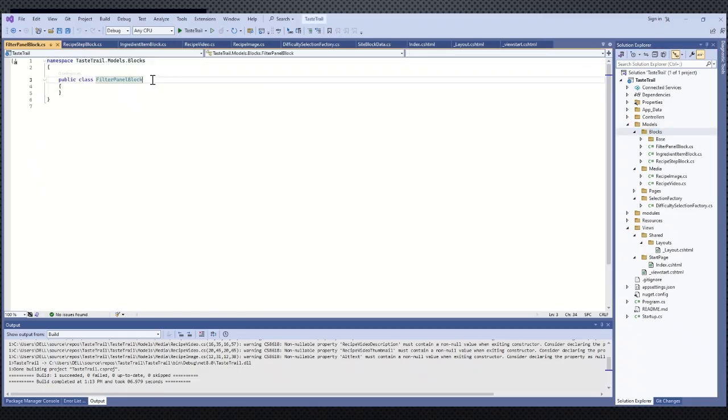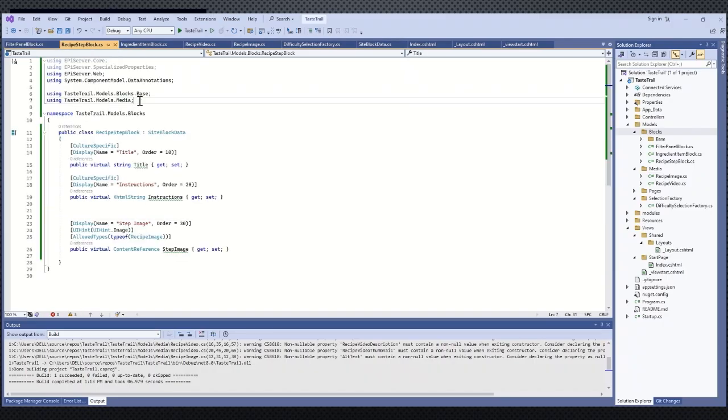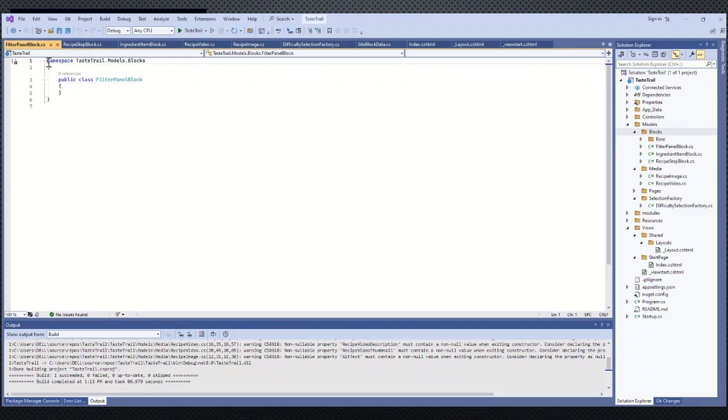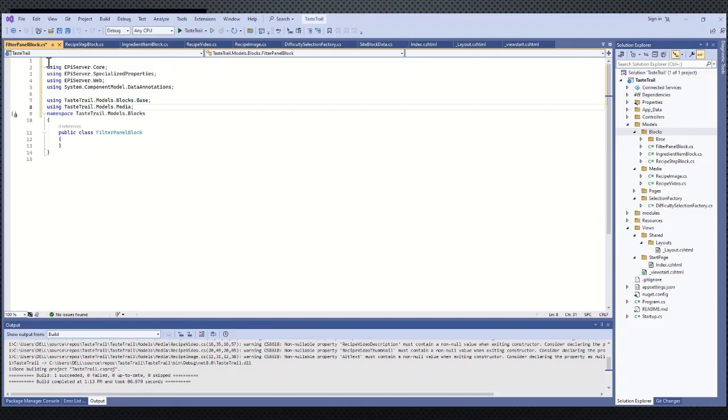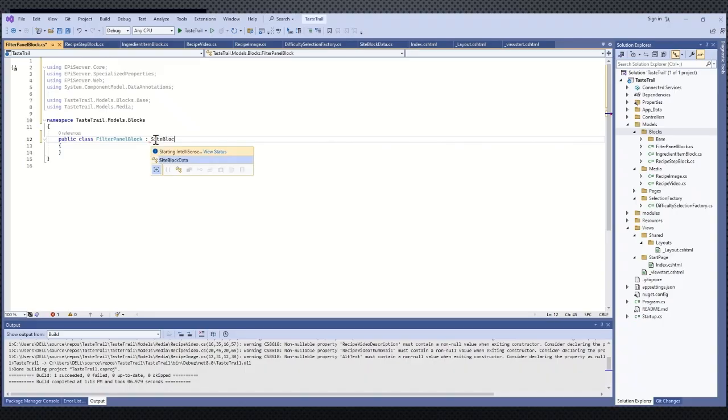Yeah, again same steps here. Probably let's copy all the namespaces which we may require. So I'm just copying all the namespaces here, right. And like always, the first thing is to inherit. So I'm inheriting from site block data,